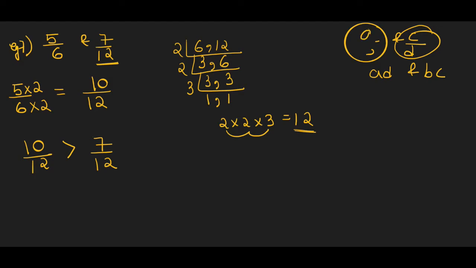So children, we have two ways to solve this question. The first one is a b upon c d, where we multiply and see which one is greater. We were doing this in the case of unlike fractions, and we can do that here also. But if we have more than two fractions, then we will use this way of solving the questions. We will find the LCM, then convert them into like fractions, and then decide which fraction is greater on the basis of the numerator.